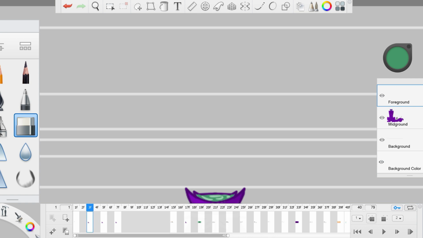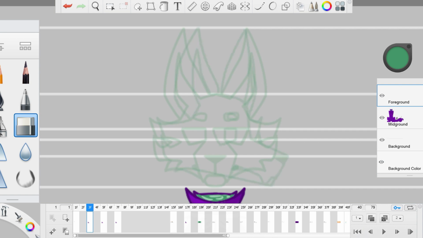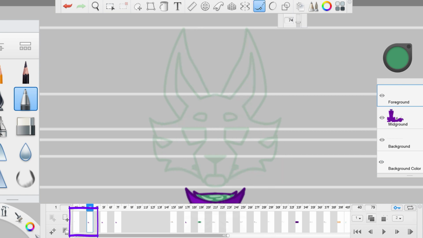Onion skin is going to be essential here, so you can see what needs to be drawn and how it can be turned towards the right side. If you know how to make some solid in-between frames already, feel free to do it on your own and meet me at the next step. For this first in-between frame, I'm going to focus more on the onion skin of main frame 1. This in-between frame is closer to main frame 1 than main frame 2, so I should keep the drawing similar